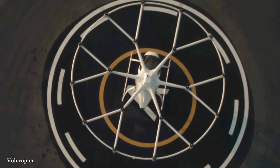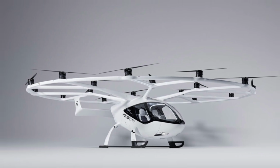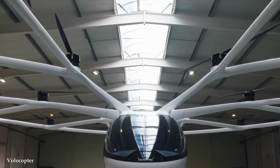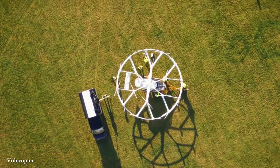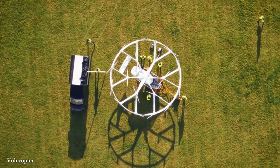As the company plans for humans to be able to travel on board, the aircraft is equipped with numerous redundancies and fail-safe systems. It features, for example, multiple rotors, and this makes sure that a single failure does not compromise flight safety. The Volocopter's flight control systems constantly monitor the aircraft's performance and environmental conditions to ensure the flight goes to plan,